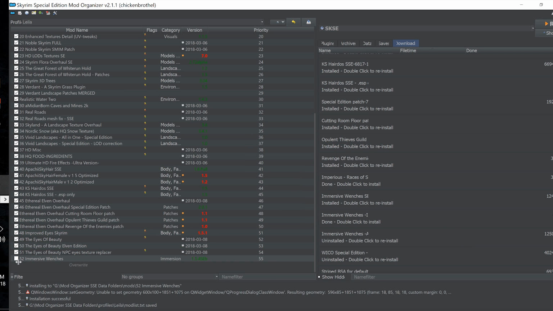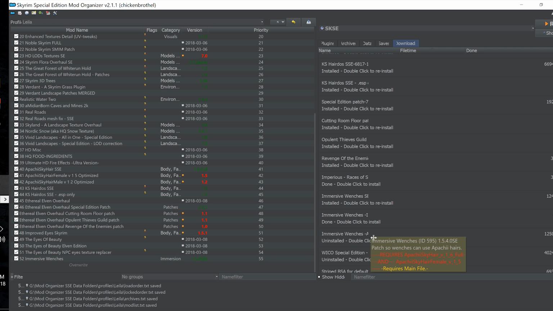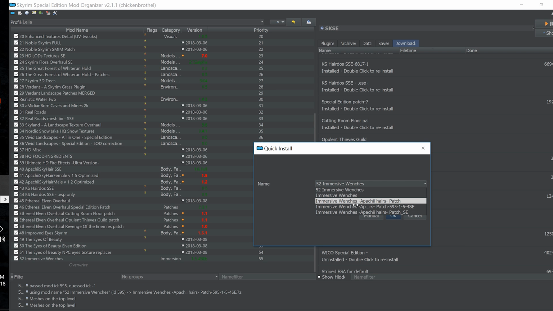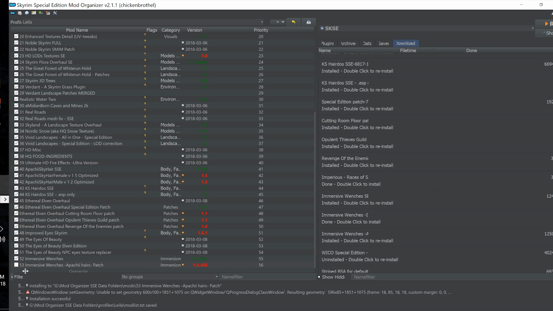Click OK. Tick the checkbox to activate it, and then find the Immersive Wenches Apachii hair patch and double click it. Select the drop down to select Immersive Wenches Apachii hairs patch and simply drop a 53 in front of that and select OK. Once that has extracted, tick the checkbox to install the Immersive Wenches Apachii hairs patch,